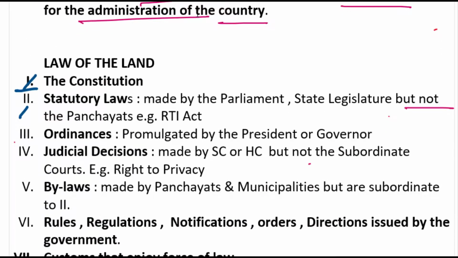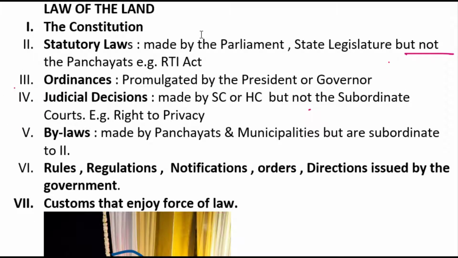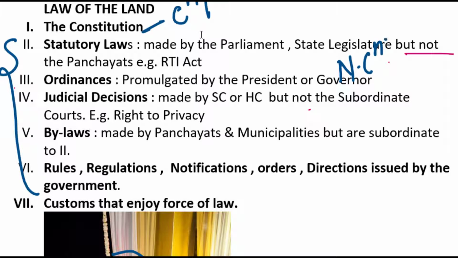See, all the laws from 2nd to the 7th, except the first one, are non-constitutional laws. The laws in the Constitution are constitutional laws, whereas the laws outside the Constitution are non-constitutional laws. See, non-constitutional law does not mean that the law is unconstitutional. When something is unconstitutional, it would be declared void. Alright? But non-constitutional does not mean it is unconstitutional. I hope I am clear.